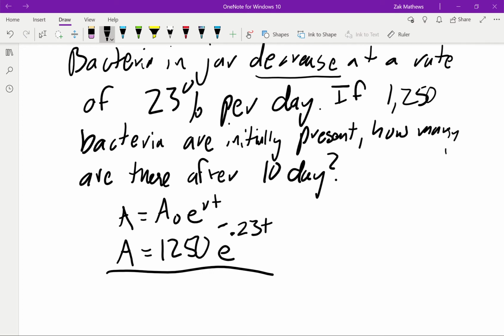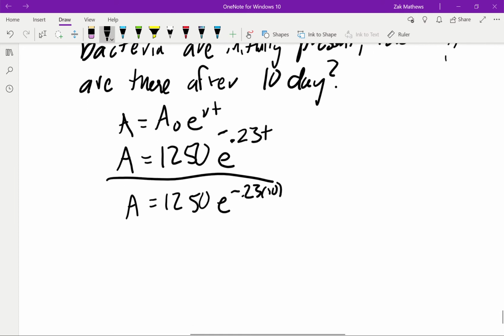Well, I'll plug a 10 in for my t. A equals 1,250 e to the negative 0.23 times 10. And we can simplify that if we want, or we can just type it all into the calculator in one step. If you're going to do it in one step, just make sure that you're careful. You put parentheses around the entire exponent. So we'll have the 1,250 e to the negative